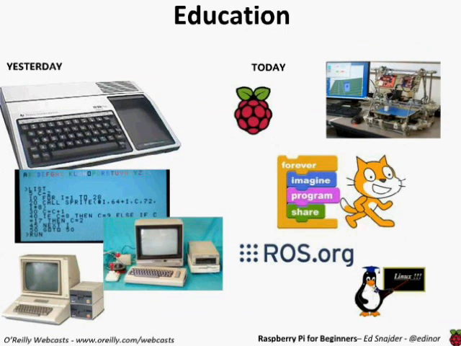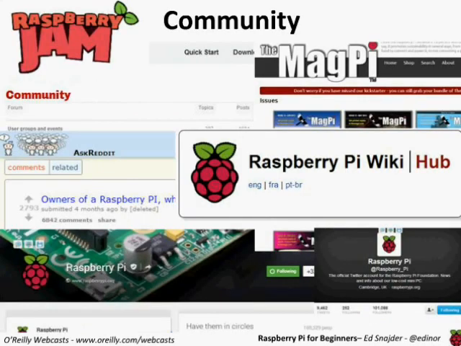The other awesome thing about it is the community. The community has really taken off for the Raspberry Pi. There's so many people that have gotten behind it. There's so many great ideas. It really has been like a consistently viral and improving community and adoption, and that's what's been really great about it. And I'm going to jump over to one of my favorite places